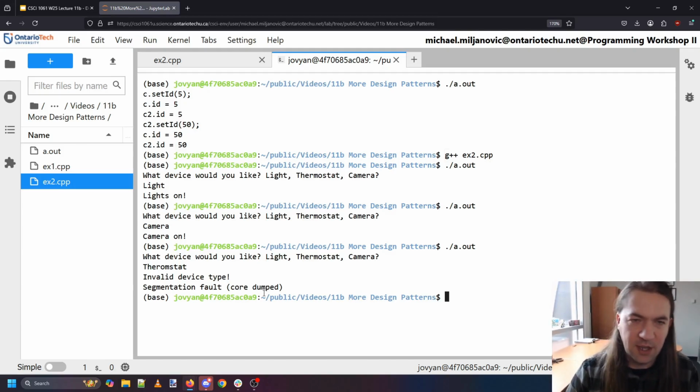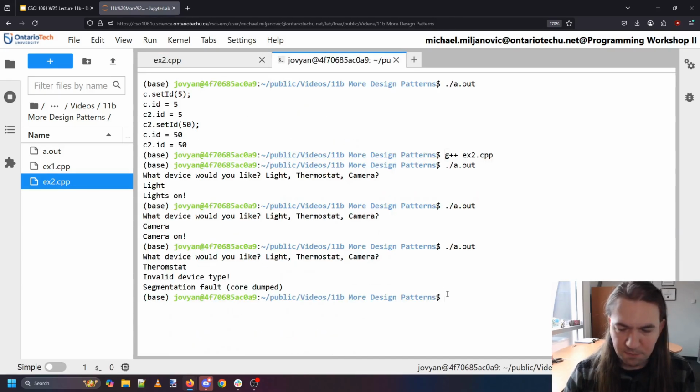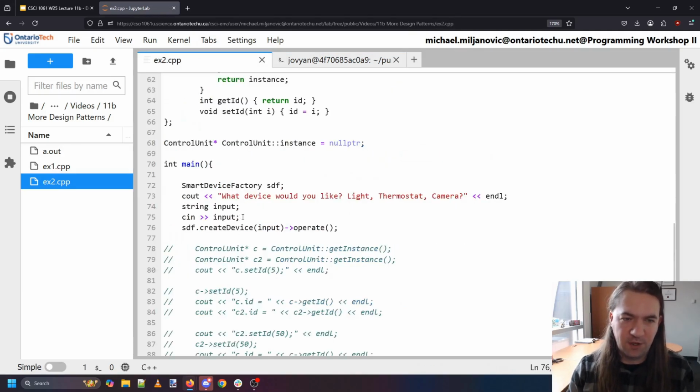You can always put in a try catch to verify that nobody is trying to call this method when the thing doesn't exist. But I do believe that is our factory. So we're now able to ask the user, what kind of thing do you want, and make that kind of object. So as opposed to,